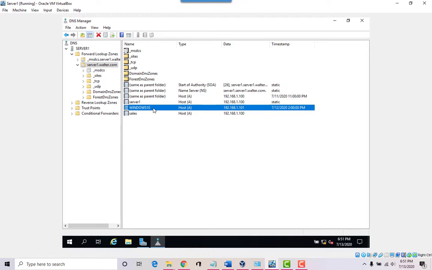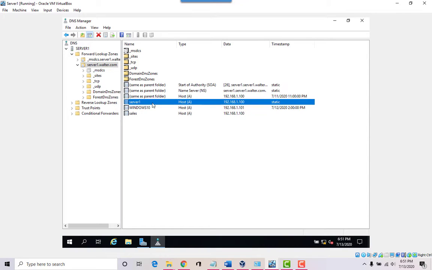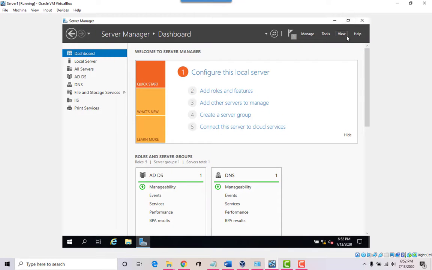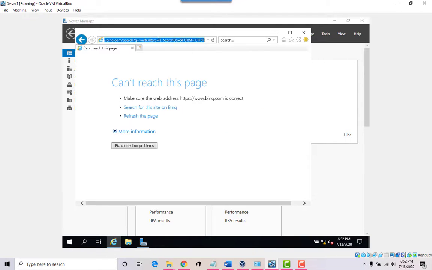We have a shortcut to our Windows 10 machine, which is 192.168.1.100, right? And the server is that one. So you can create a whole bunch of shortcuts or pointers to names that go to a particular IP address. Alright, so we got our DNS server. Okay, by default, server 1 is the name of this machine.